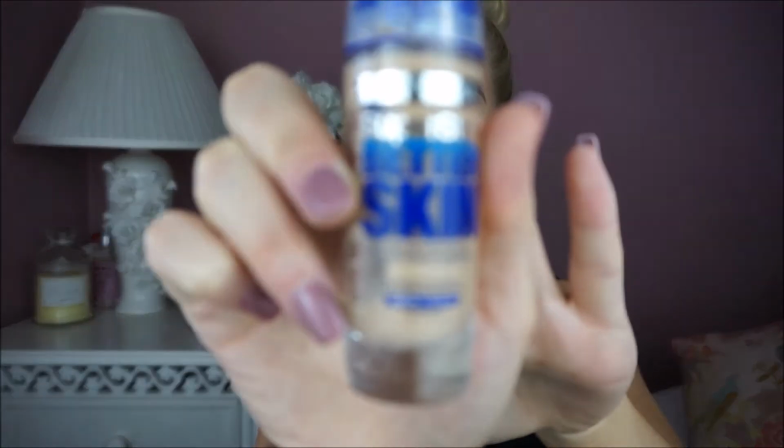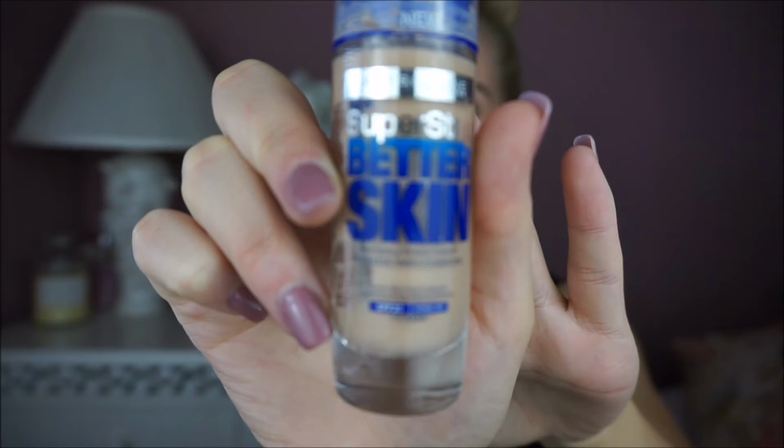Okay, so for foundation, I'm going to use the Maybelline Better Skin foundation, and this is in the shade Sand. I haven't used this in ages, so I'm just going to give it a go and see what it turns out like. I'm going to use my Real Techniques brush to apply that. Oh, wow. I don't know if you can see, it's like fully...